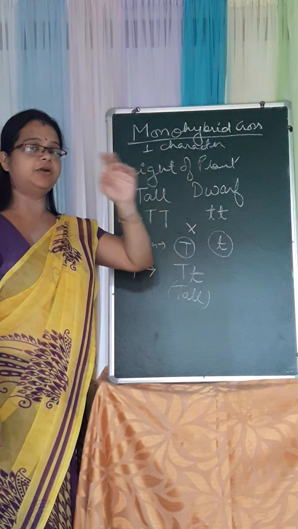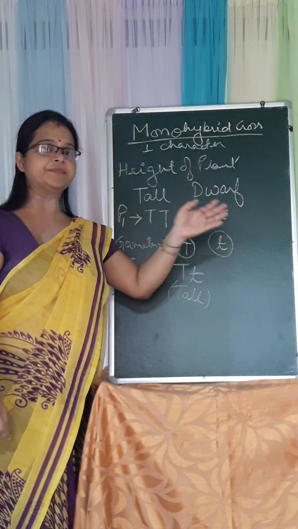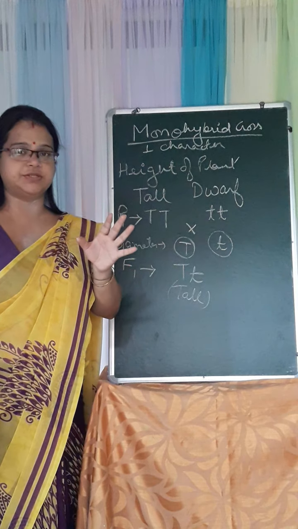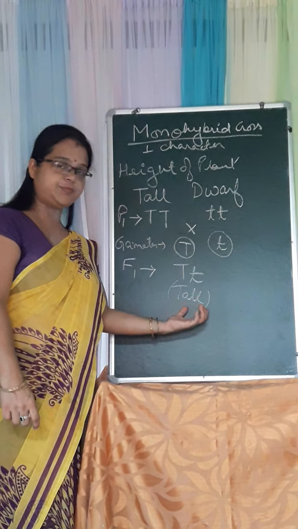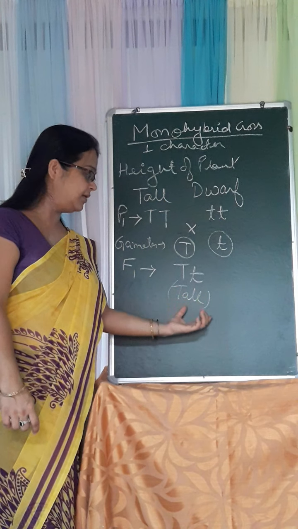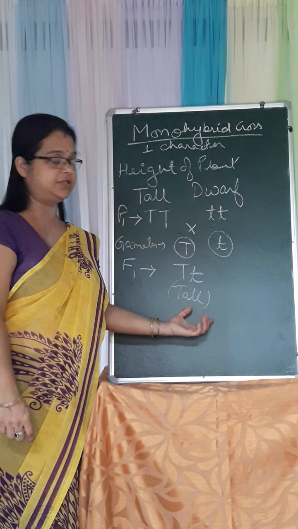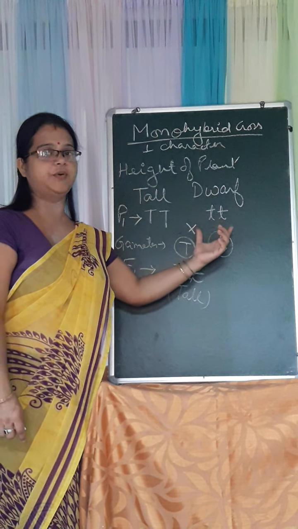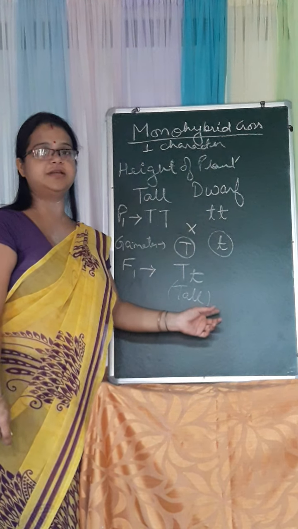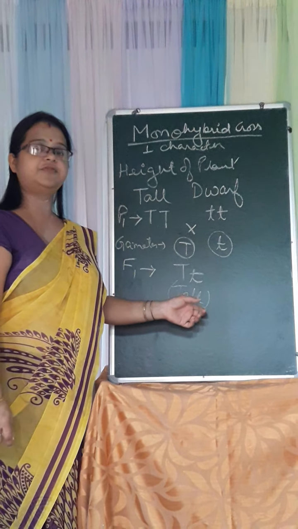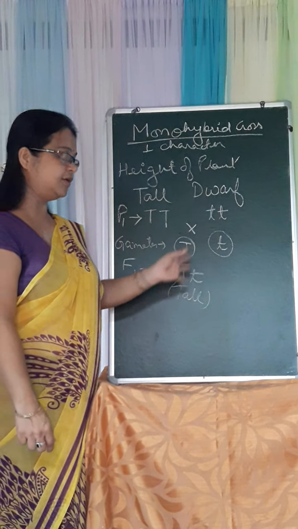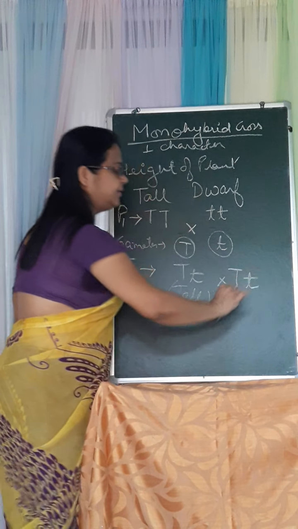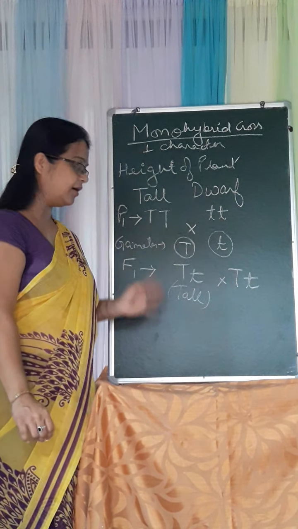In the last part also we discussed what is dominant and recessive. Dominant means the one which is expressed, and recessive the one which is suppressed. So the dominant character will express itself in the F1 generation, and the recessive parent will remain suppressed. Here the first generation is obtained. Now after we get the first generation, we undergo selfing, that is, self pollination is done. That means we cross it with a similar plant, or within the same plant.